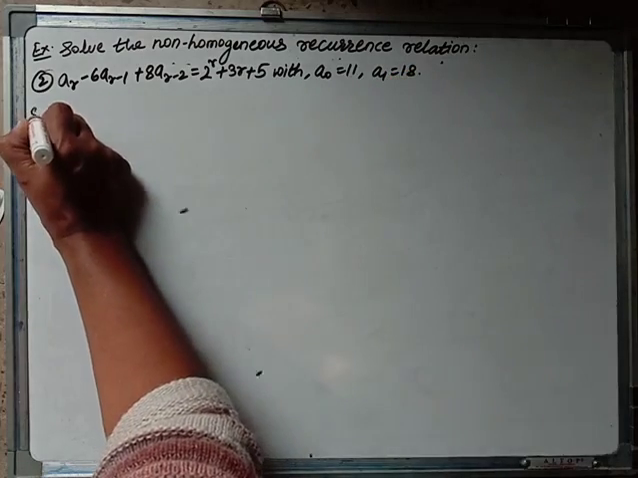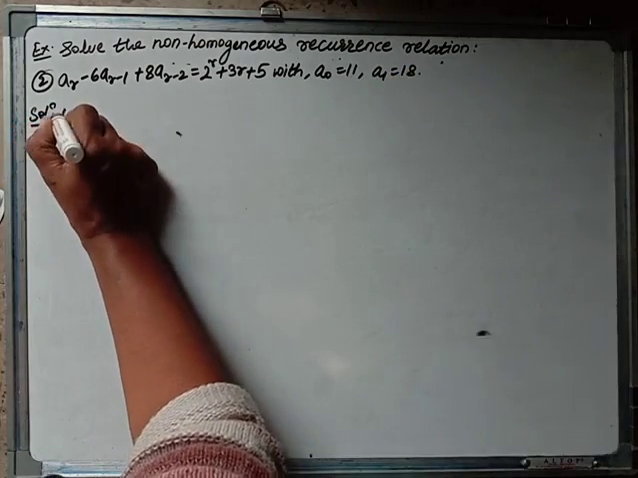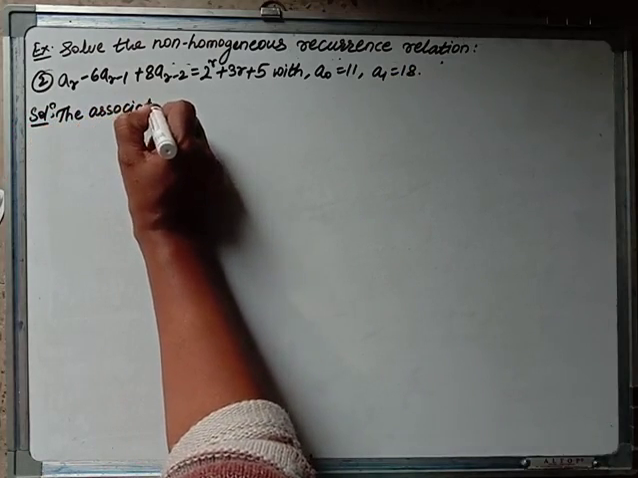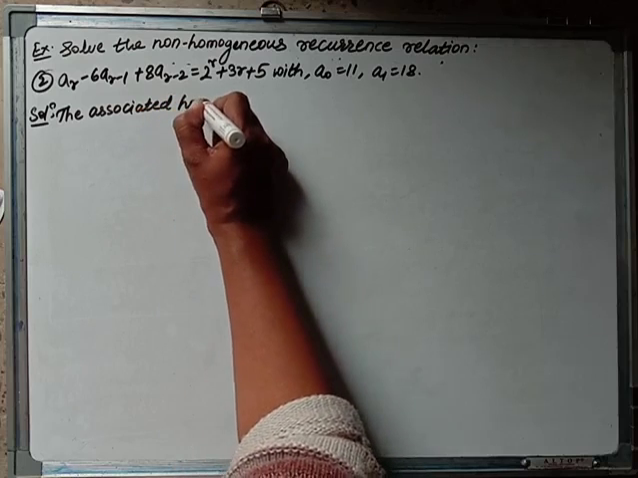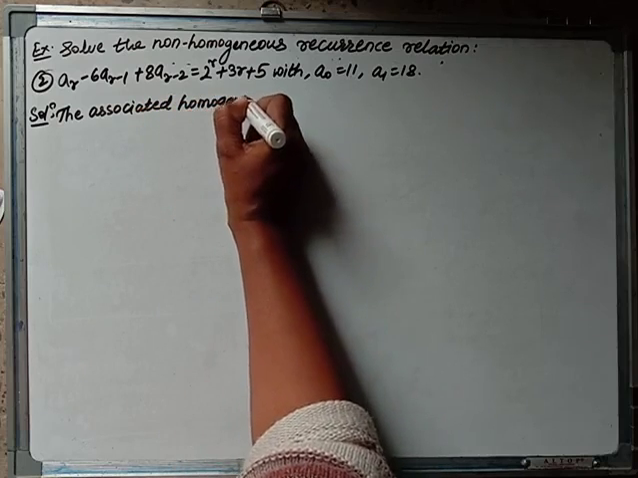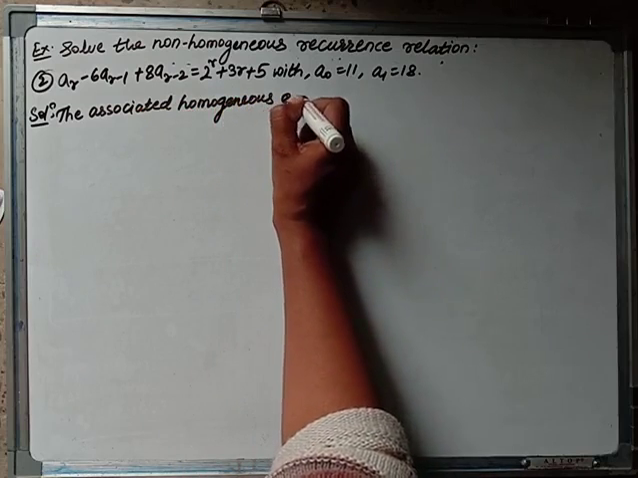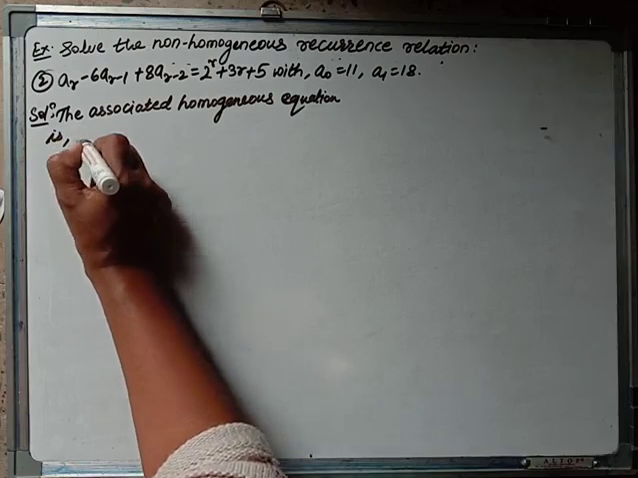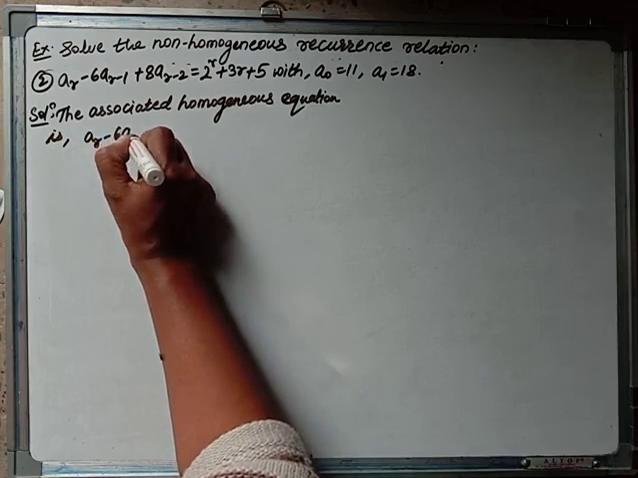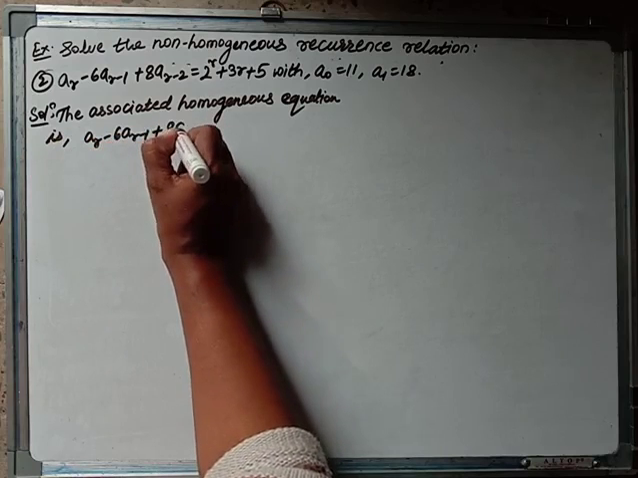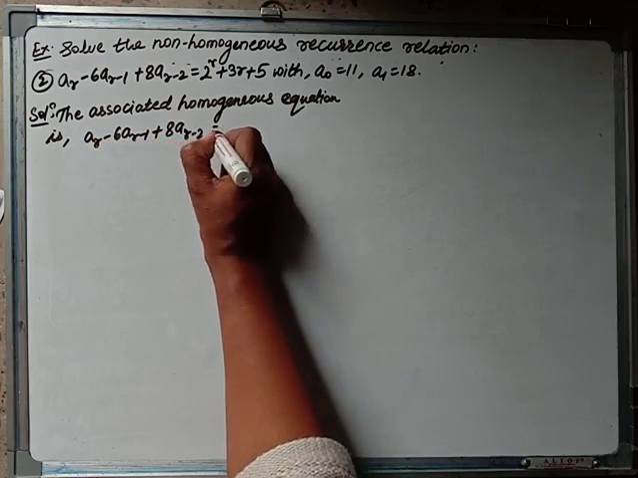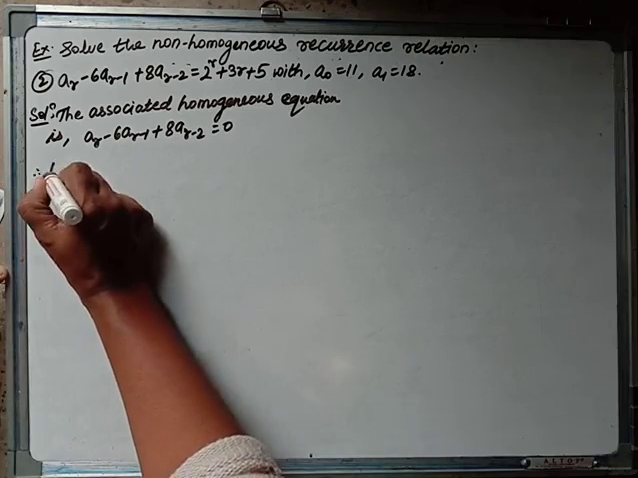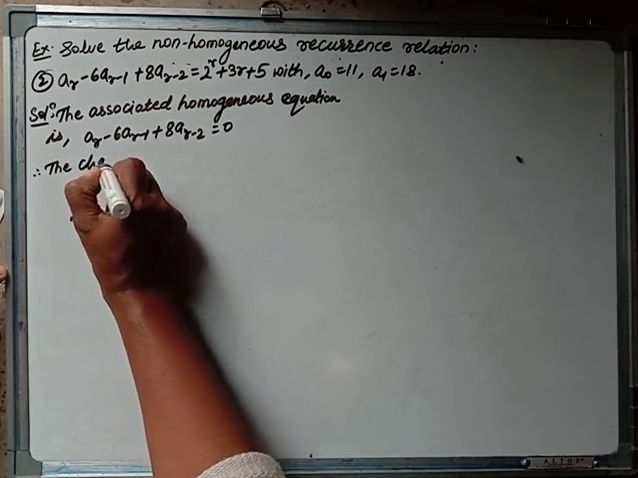So the associated homogeneous equation is AR minus 6 AR minus 1 plus 8 AR minus 2 is equal to 0. So from this we will write the characteristic equation. Therefore the characteristic equation is